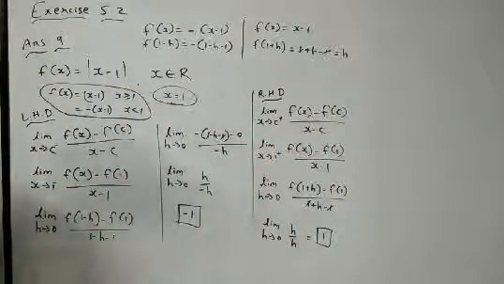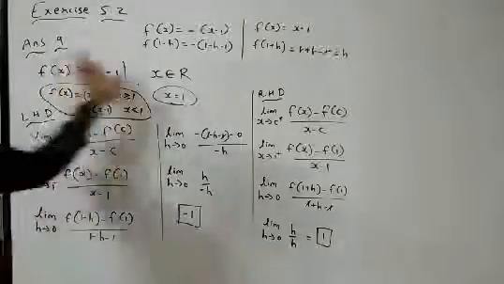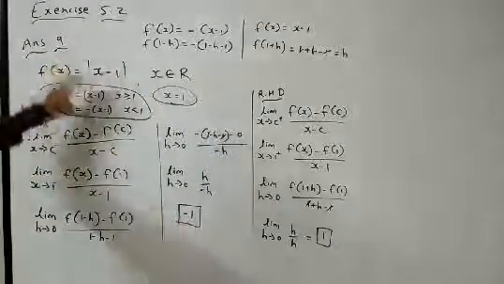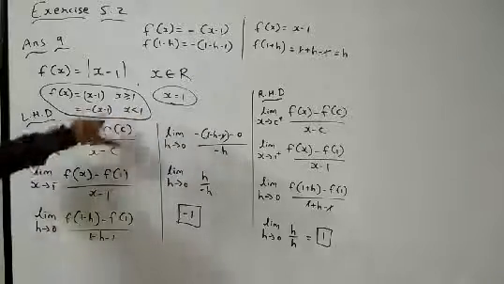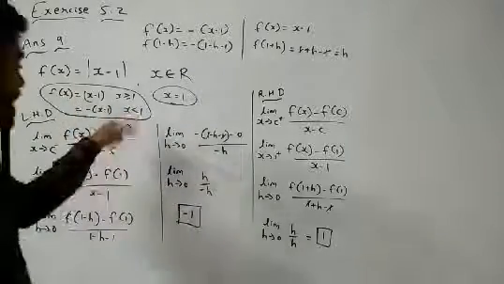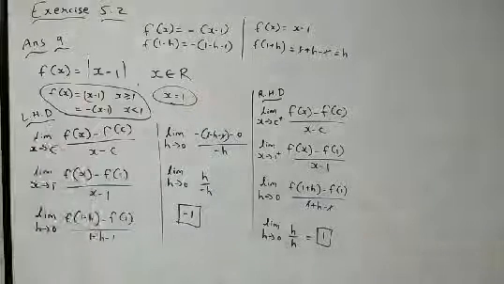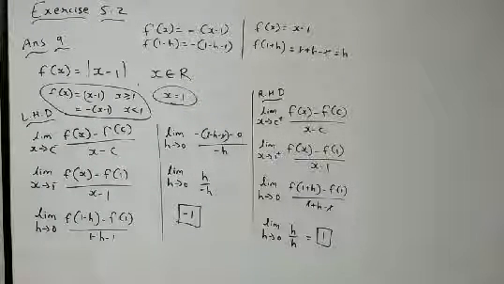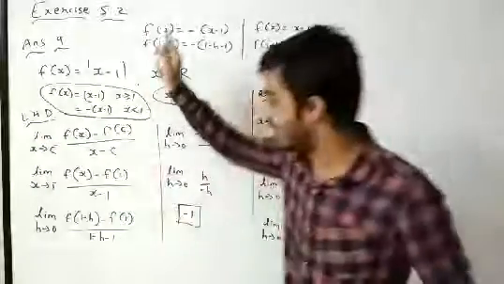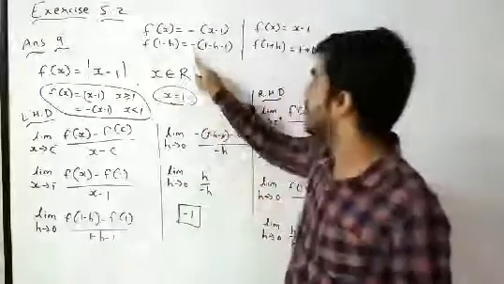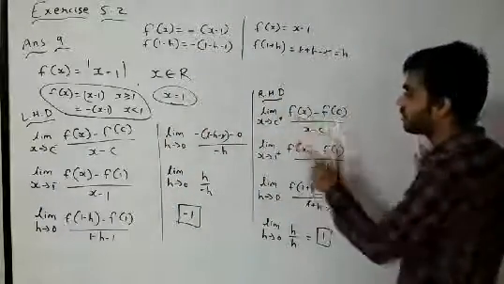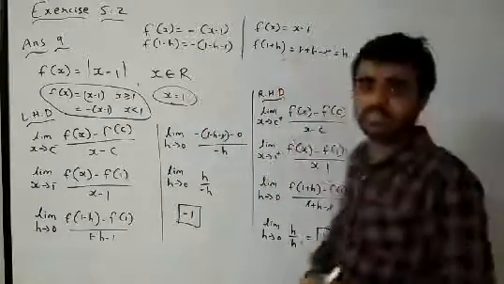Now what you have to do, that is f of x. This function is given, and it has two values: x minus 1 when x is greater than or equal to 1, and minus of x minus 1 when x is less than 1. I hope you can see it properly. Yes, it is visible. So this way we are finding: when we take the left hand limit, x is less than 1, so we keep this as the function, and when we take the right hand limit, the function is this one. So that much, if it is clear.